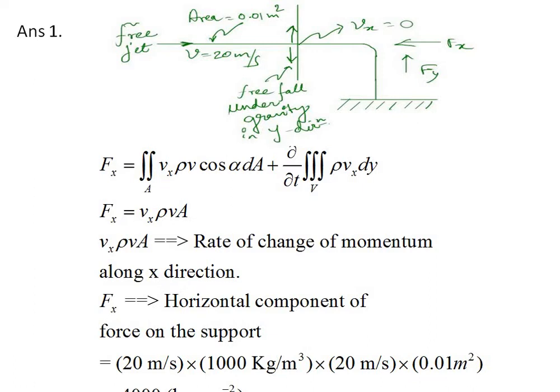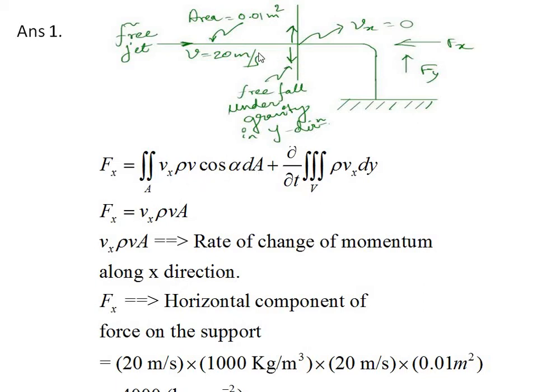Now, the accumulation term within the control volume is given by del by del t of the volume integral of rho Vx dV. Since it's a steady state condition with no accumulation, this term is 0. So we are left with the sum of Fx is equal to the area integral of Vx rho V